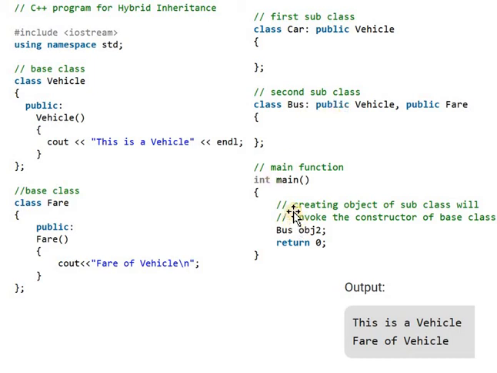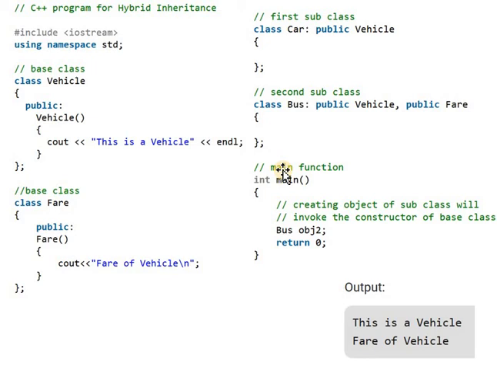After completing all the class definitions, we are writing a main function, and in the main function we are creating an object of a class. Here we are creating an object of class Bus. Here obj2 is an object of class Bus.